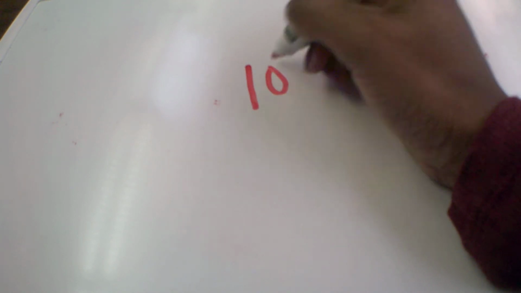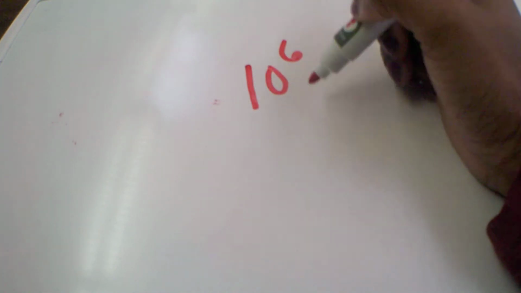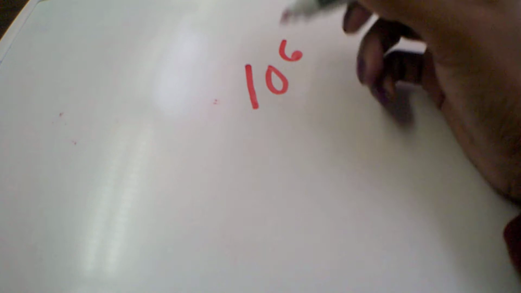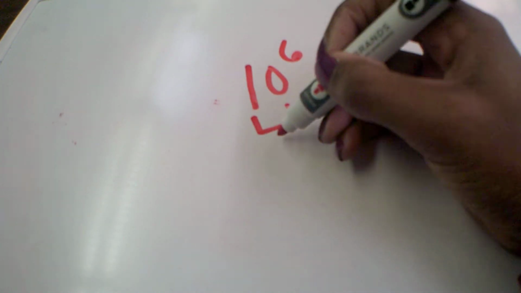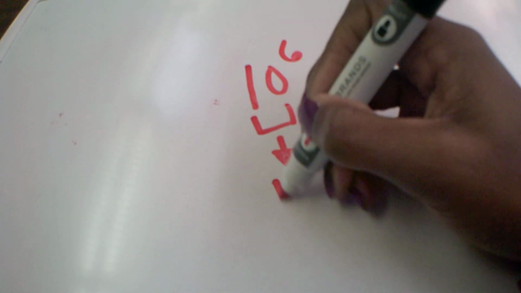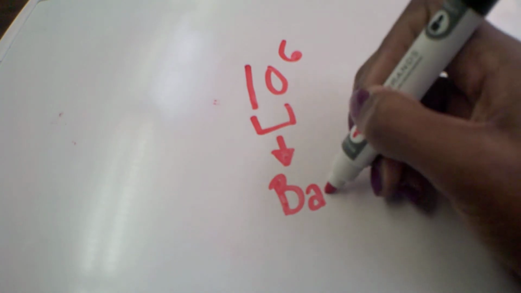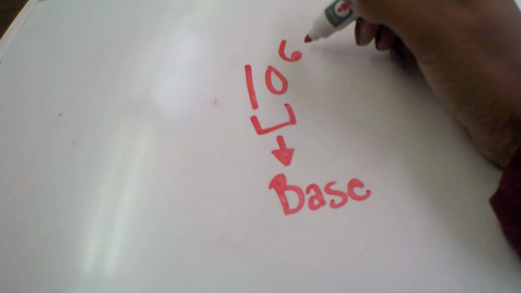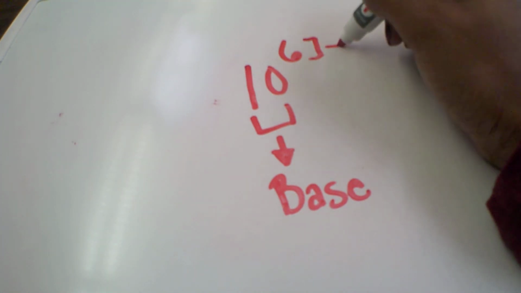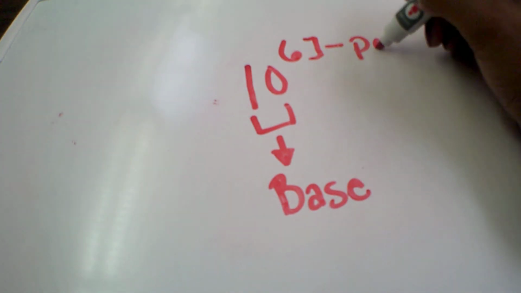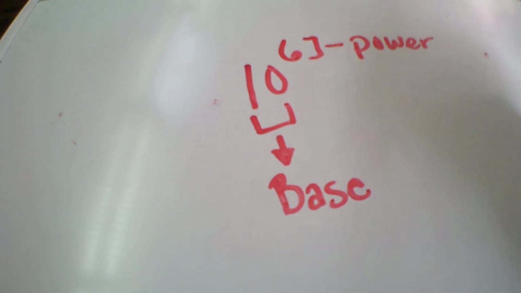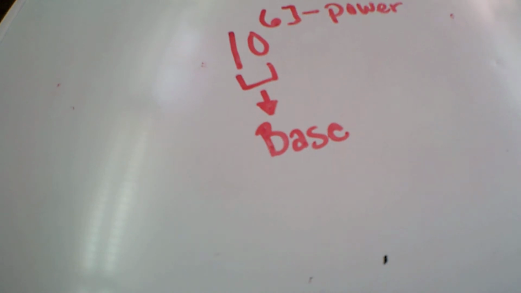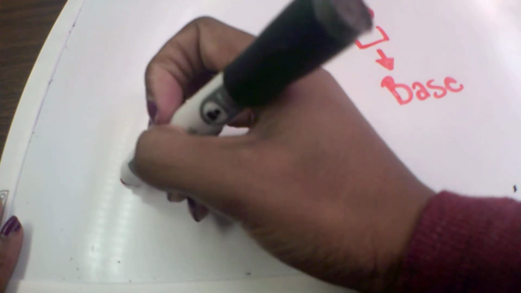For example, we have 10 to the 6th power. This is your base. That's what we call a base, and these are vocab words. And this is called a power. Okay, now 10 to the 6th power means